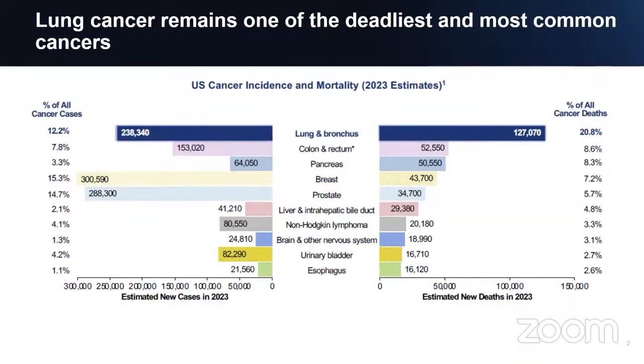Lung cancer remains a huge unmet need here. As you can see, the incidence is small, 12.2% in the US. But if you look at the mortality, that is still very high as a result of lung cancer. 20.8% of all cancer deaths are because of lung cancer. And this is because, next slide,